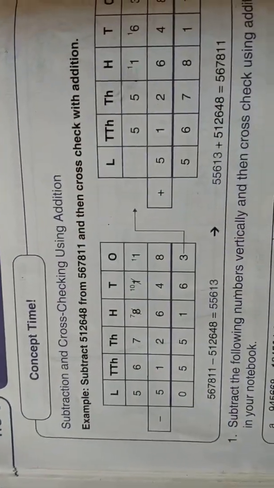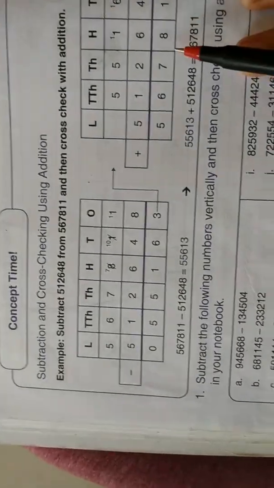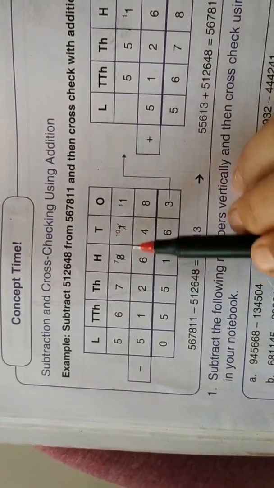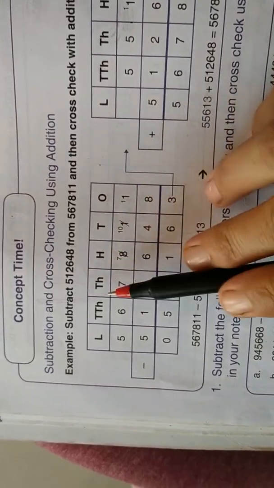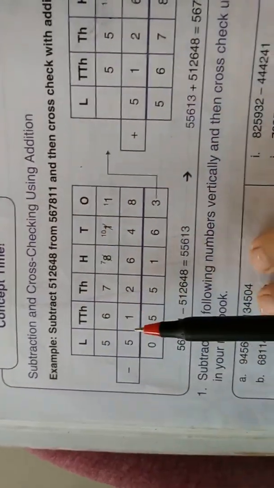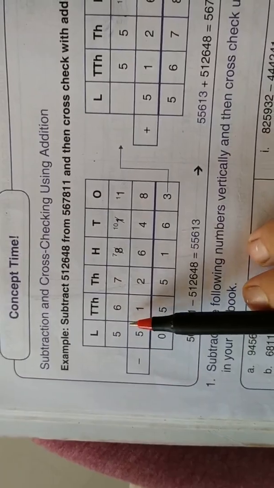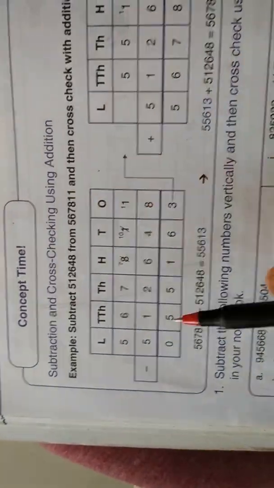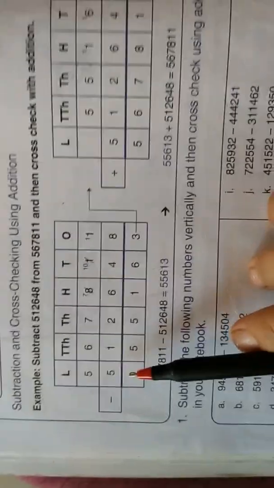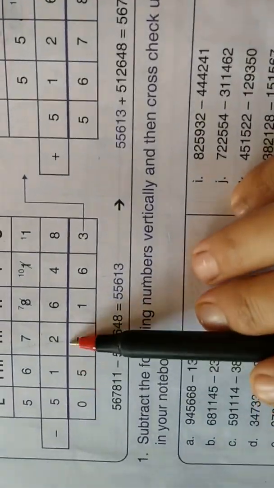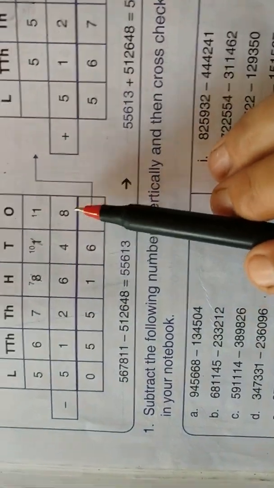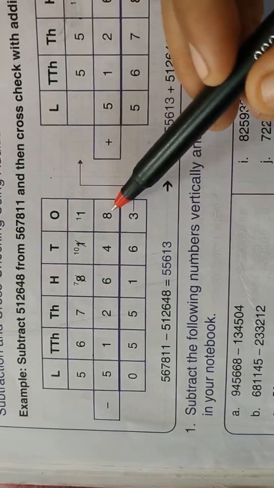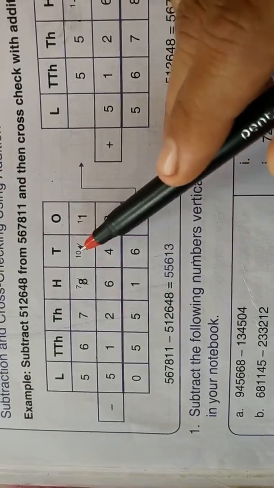So first of all students, we have to subtract this. We have to draw the place value box. In that place value box we have to write ones, tens, hundreds, thousands, ten thousands and lakhs. Then we put the proper digits in the proper place. 5,67,811 minus 5,12,648. In that, 1 minus 8 is not possible, so we'll cut 1